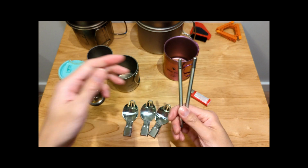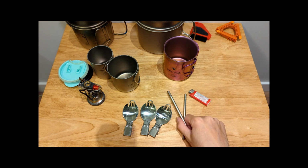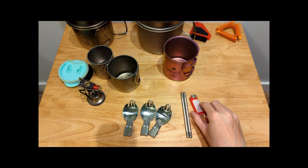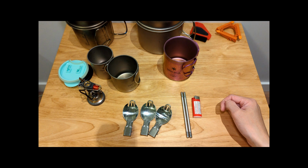They just fold into themselves, and you can usually buy these at, I think, the Japanese dollar stores or Asian dollar stores. You should be able to find these quite easily and readily at those stores,